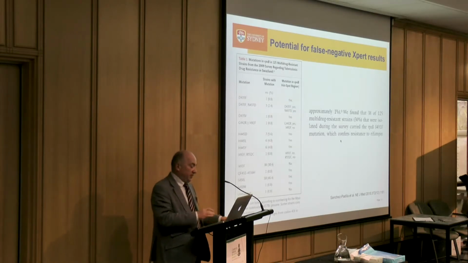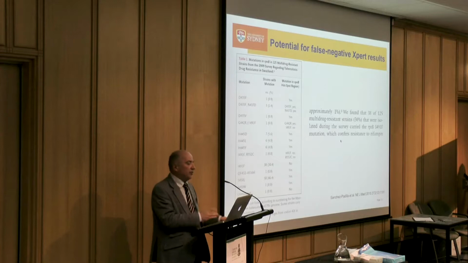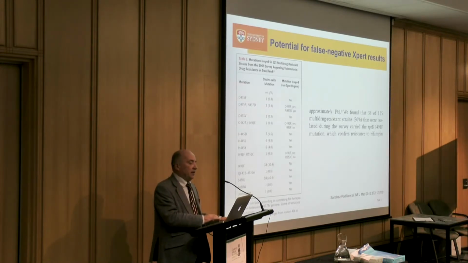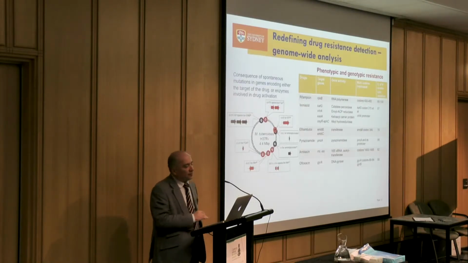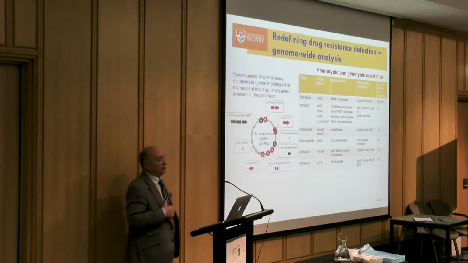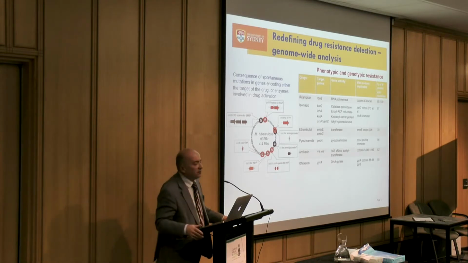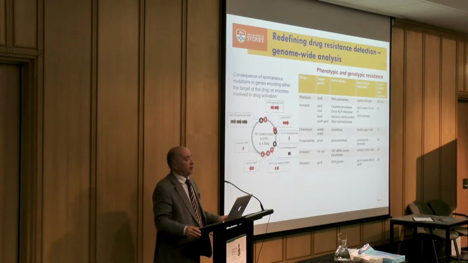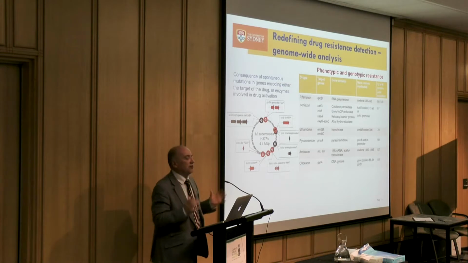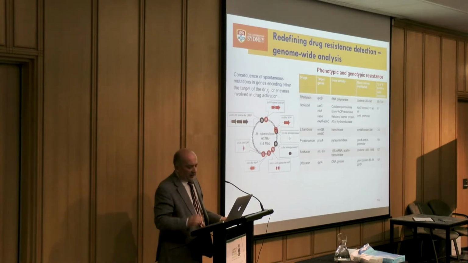So this is a false negative MDR case due to the design of GeneXpert. So drug resistance detection has been redefined because of these considerations and concerns, and acknowledgement that